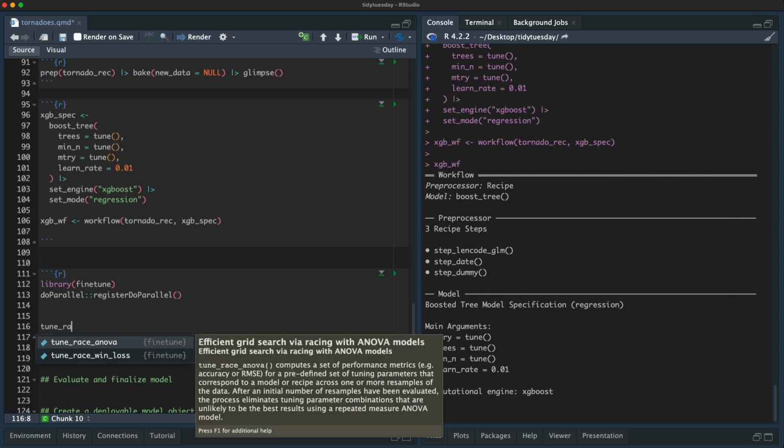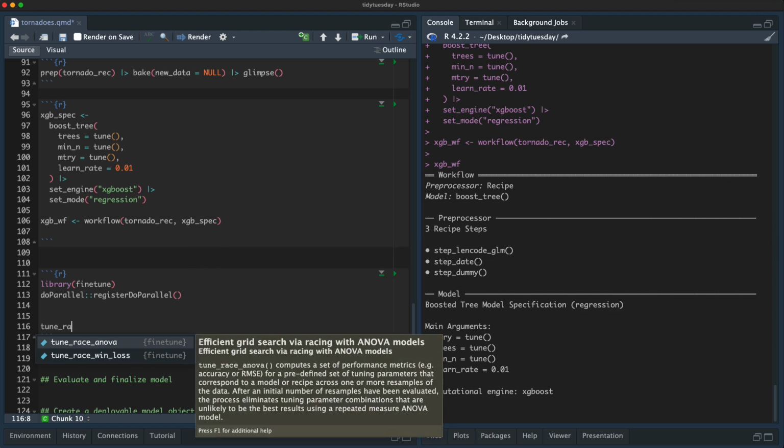We'll use those resamples that we made, and we will try all of the different hyperparameter combinations and see which ones turn out really bad after the first couple of resamples, and then throw those away and not keep going with them. So it can be a really big time saver.